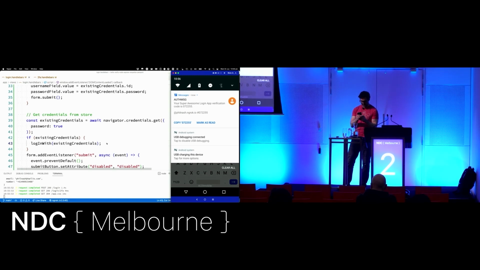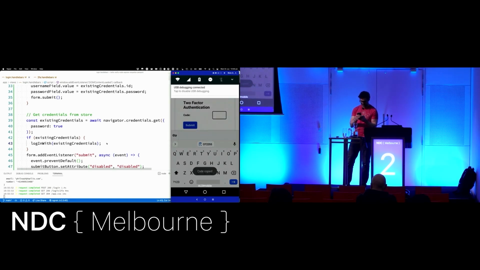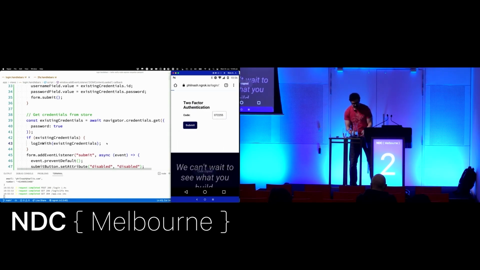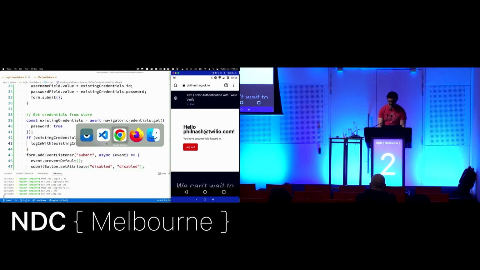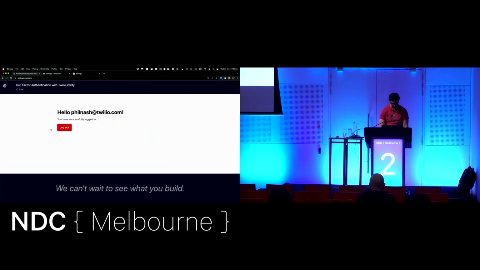And then I'm going to just get the password in. OK. For some reason, my phone has started doing that, so I'm going to go and do this in the browser